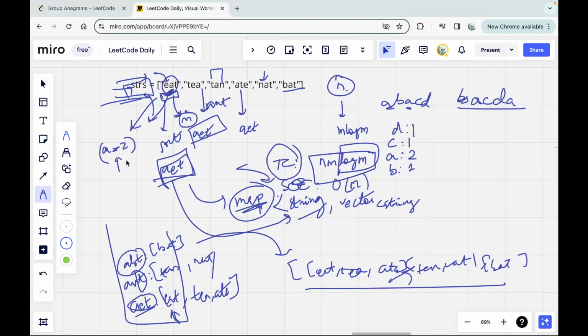So if my string has letters from A to Z, then it can have at most 26 types of characters. So instead of trying to sort this, what we can use is something called count sort. But we're not going to actually sort this using count sort. Instead of that, we are going to only store these frequencies,